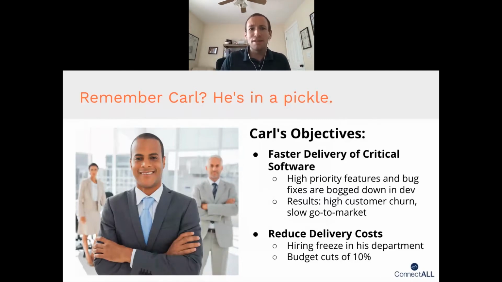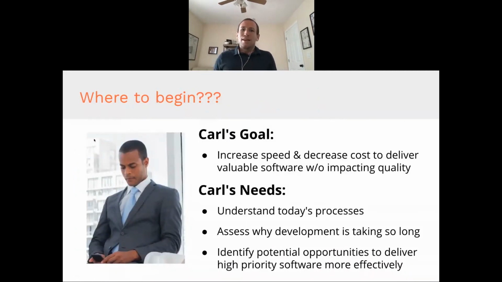So Carl is having to figure out how to deliver software faster without reducing the quality and making sure that the highest priority items are getting out to market. On top of that, he also has to deal with a hiring freeze, and budget cuts of 10%. That is due to the very high level of customer churn, so there's just not enough revenue for the organization to continue supporting all departments, including IT, in the same ways. So what's Carl going to do? He has to figure out how to increase speed and decrease cost in order to deliver that valuable software without